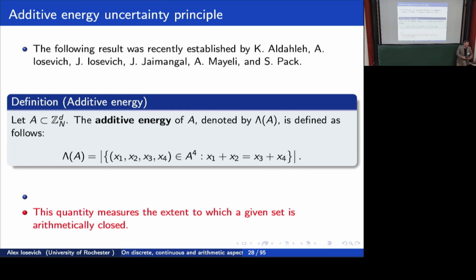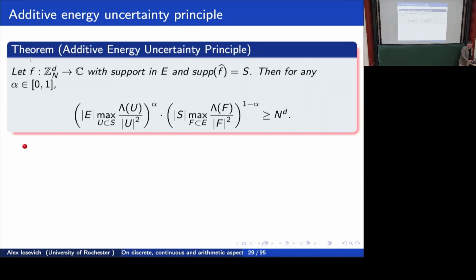All right, so once again, the theme that occurs in many different disguises, in many variations, is the classical uncertainty principle that is almost never shown. One of the manifestations was the additive energy uncertainty principle, where we define additive energy in the usual way, the sum of additive quadruplets. And the result says, quantitatively, that the moment your additive energy is better than trivial, you get a better uncertainty principle. And there are two versions.